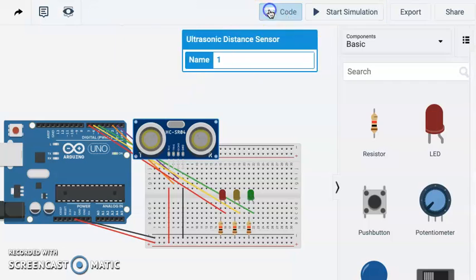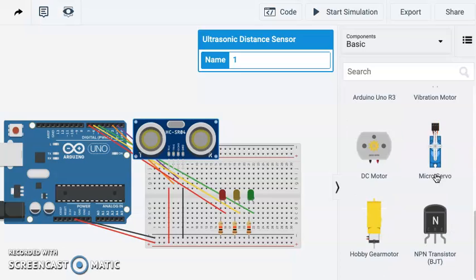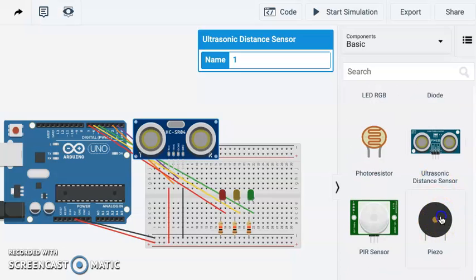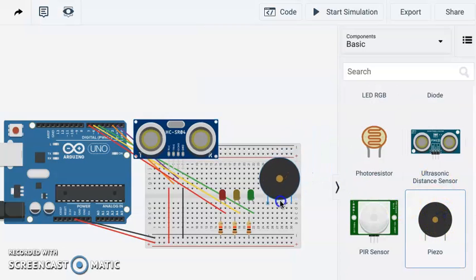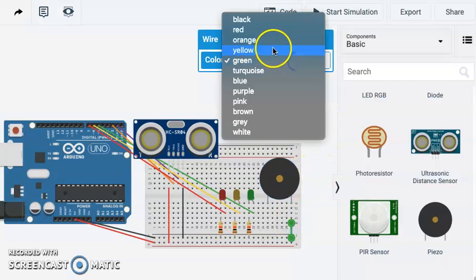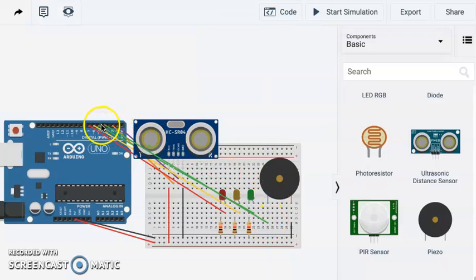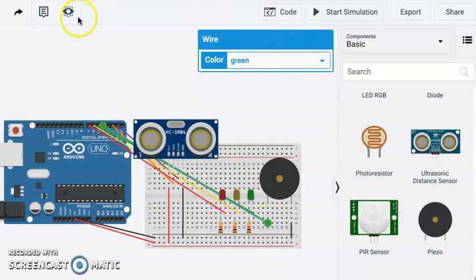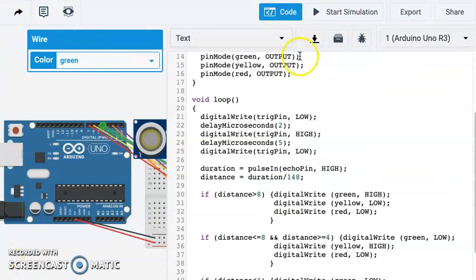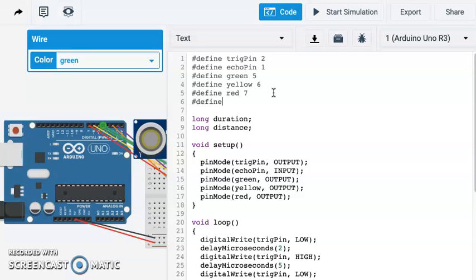Okay, so one other thing we can do is we can add in a buzzer. So I'm going to scroll down and find a Piezo Buzzer, and we're going to drop that in. I'm going to bring my negative to the negative side with a black wire, and I'm going to run a positive one over here to number 4. Let's just jump back into our code, go back to the top, and let's define that as